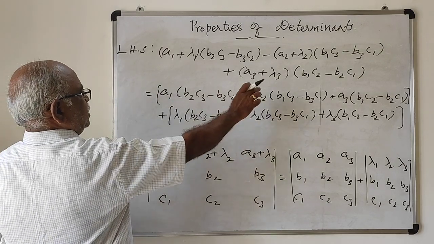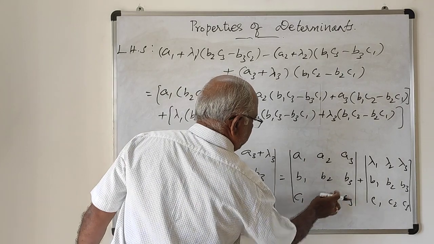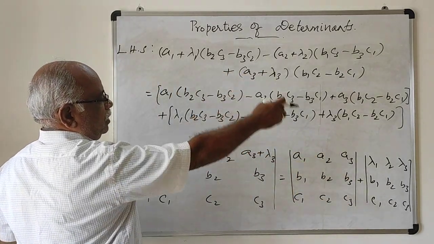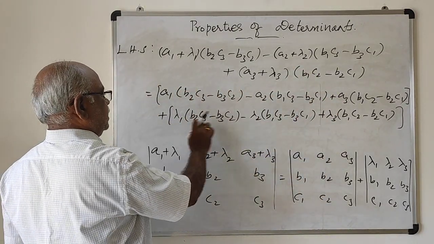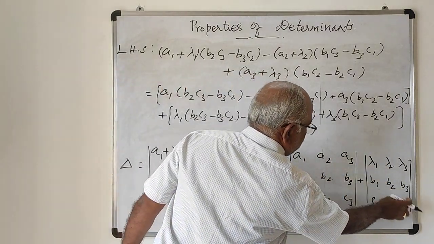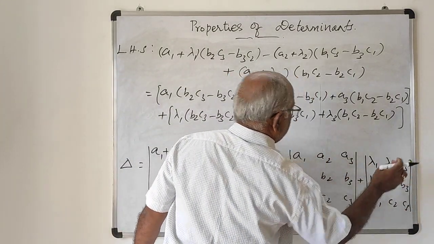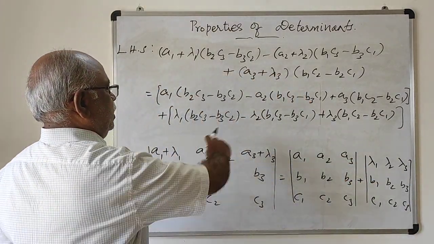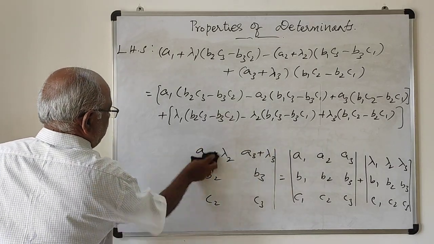See, the first expression is nothing but the expansion of this determinant: A1 into (B2C3 minus B3C2) minus A2 into (B1C3 minus B3C1) plus A3 into (B1C2 minus B2C1). Similarly, the second expression is the expansion of the second determinant: lambda 1 into (B2C3 minus B3C2) minus lambda 2 into (B1C3 minus B3C1) plus lambda 3 into (B1C2 minus B2C1). Therefore, this is nothing but the right answer. So, next you will get